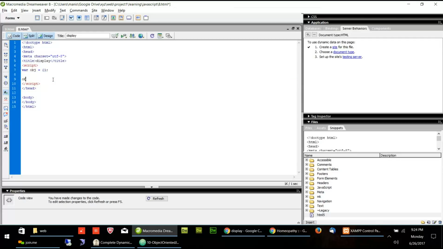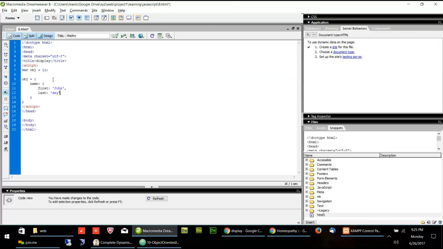Let's put something in this object. Object is equal to name. I can put name, and name is another object. So if it's another object, what should I put in the value? I will create curly brackets again, and I can put key value pairs inside the name. So name is another object with a key called first, for example, John. I will put last name